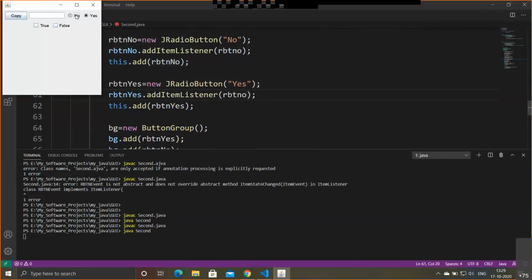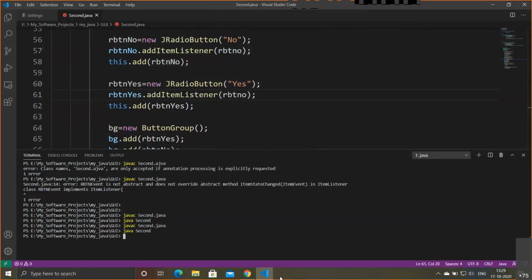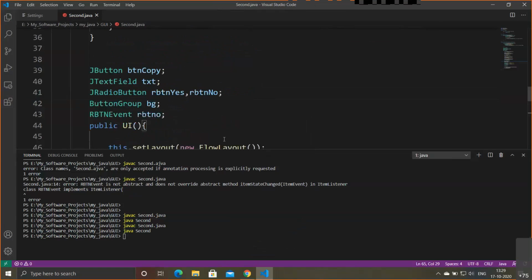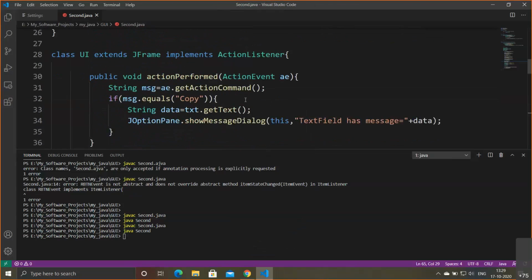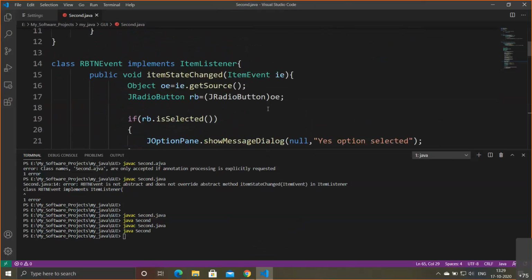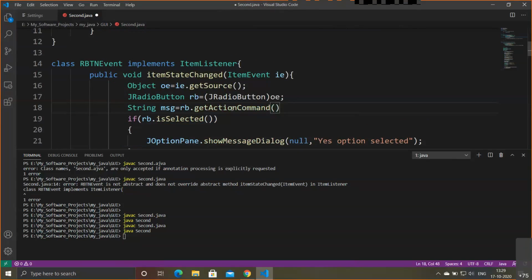Fine. Right now I'm handling only one if loop, so I'm getting yes option selected for both the things, right? Now you can go on adding the code, because you have got the source here. You can do a lot of things here itself. For example, string message is equal to rb dot get action command,